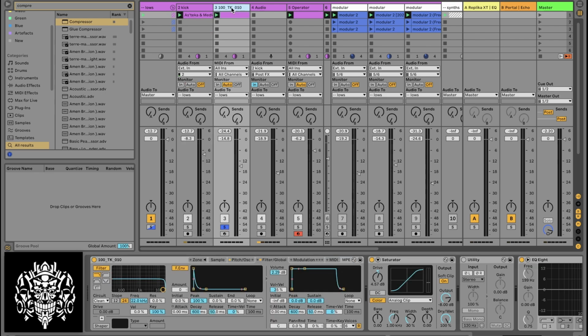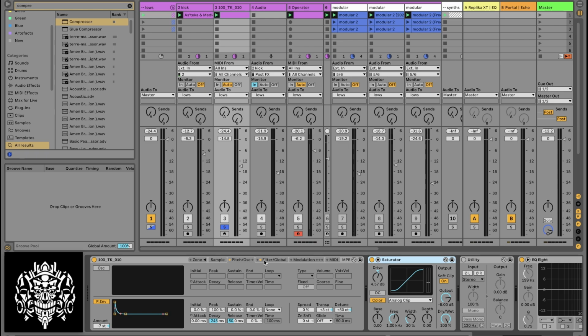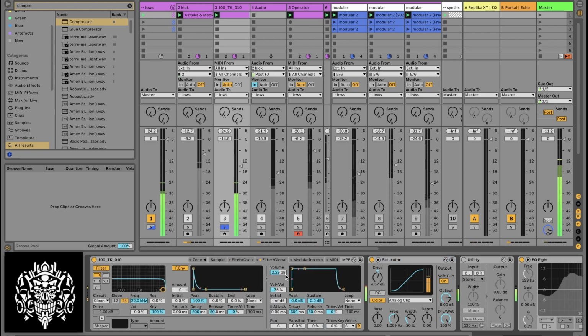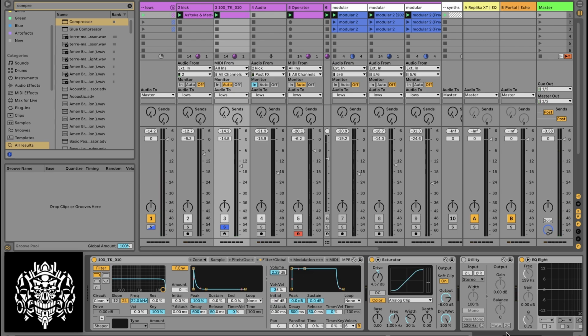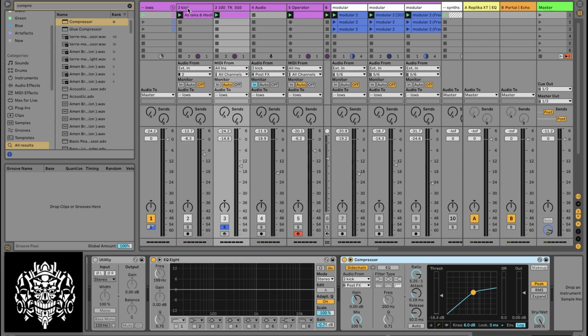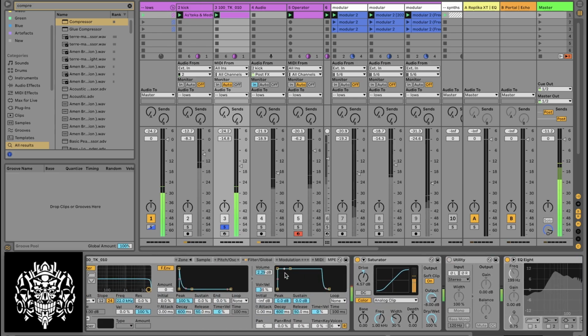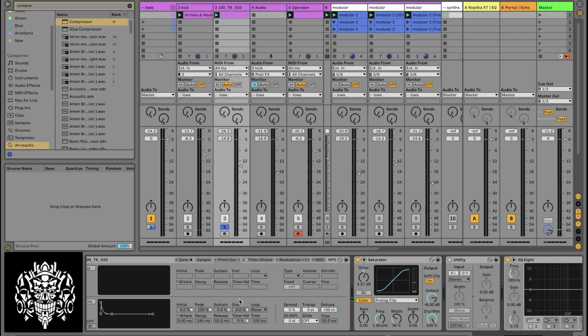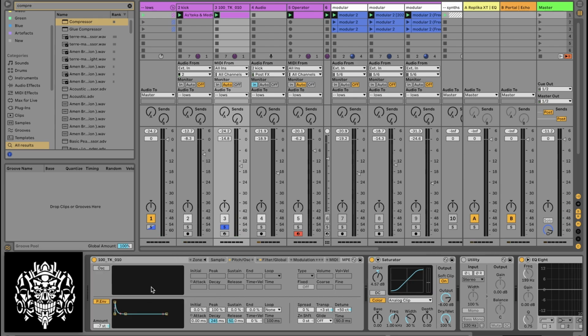Then on my next channel I have this kick, which is just a sample kick, and without any modulation. Right, so this is the kick. This is the sample kick. So what I did over here was I added some compression to sidechain its volume from my main kick, which is channel 2. And as I explained previously,